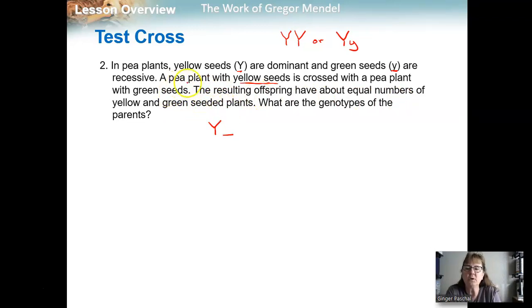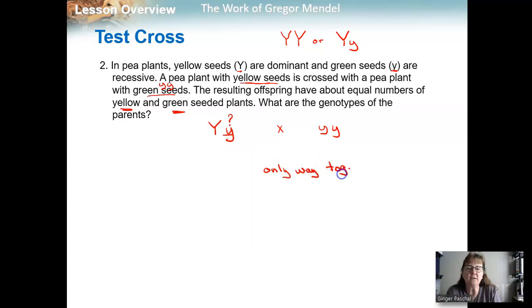So we know that we cross this yellow seed plant with a green seed plant. A green seed plant must be lowercase, lowercase. So, just like before, if we get both yellow and green seed plants, before we calculate anything, we know that this individual has to have this unknown second allele, has to be lowercase y. It's the only way